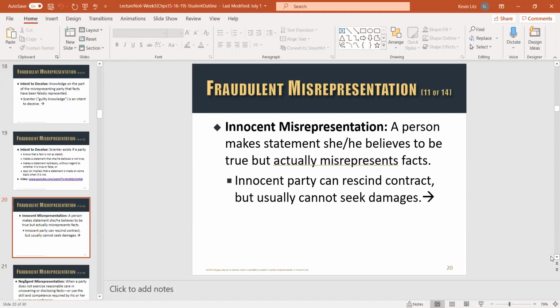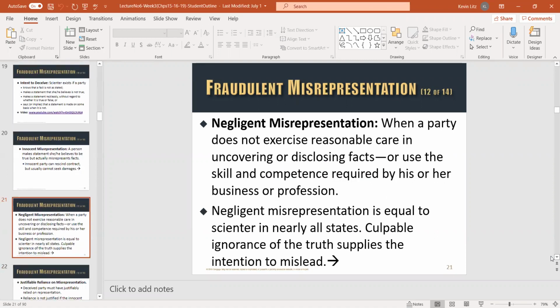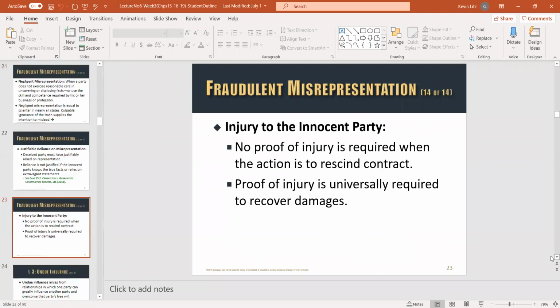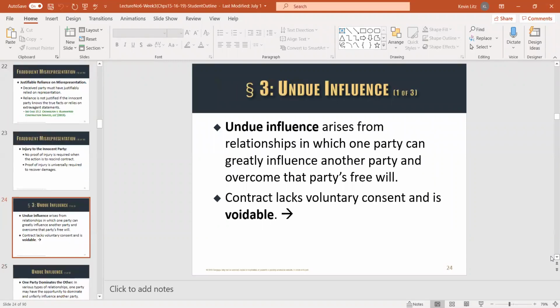Now we're talking about innocent misrepresentation. If I say something about my house that I didn't intend to misrepresent to you, usually, and again, I almost always say usually, because there are exceptions to almost any rule that we can learn in the law, a judge will let us set aside the house contract. In other words, you don't have to buy it, but then he's going to give you damages, because I didn't intend to deceive you, for example. All right, I'm going to let you read through all the other scenarios or requirements of the reliance on the misrepresentation.